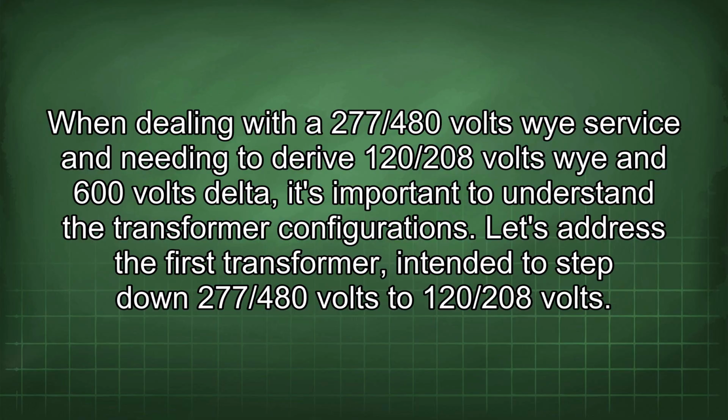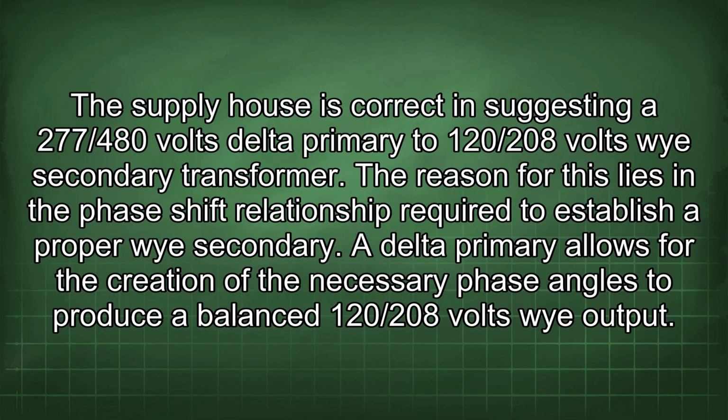Let's address the first transformer, intended to step down 277/480 volts to 120/208 volts. The supply house is correct in suggesting a 277/480 volts delta primary to 120/208 volts Y secondary transformer. The reason for this lies in the phase shift relationship required to establish a proper Y secondary. A delta primary allows for the creation of the necessary phase angles to produce a balanced